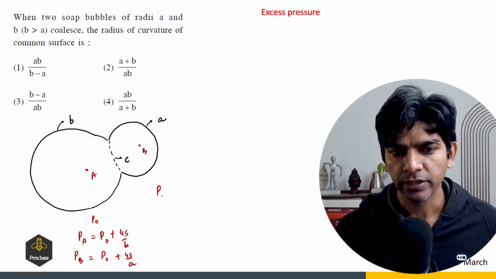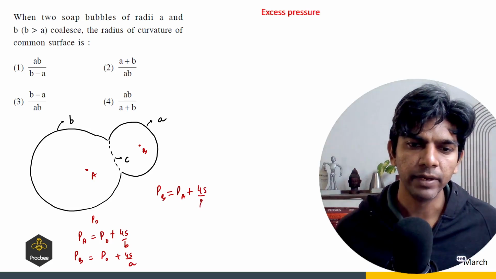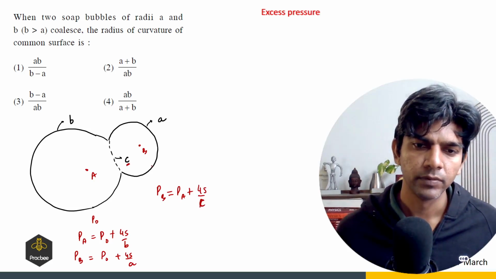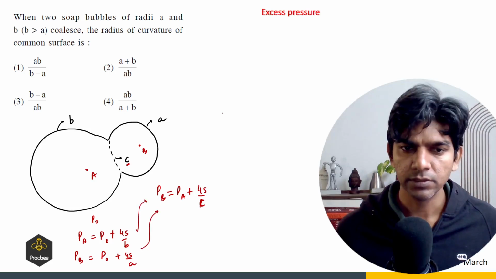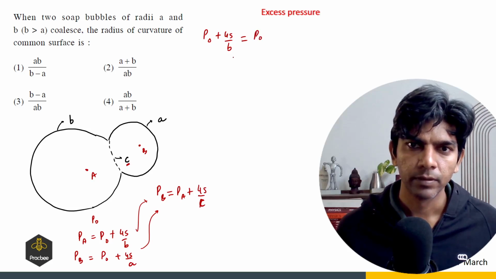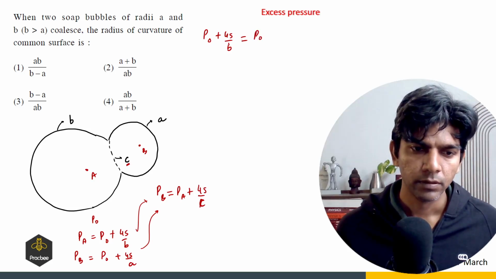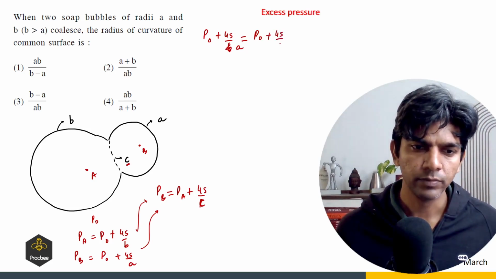So in this case pressure at B will be greater than pressure at A by 4s by C, right? So let us substitute PA and PB in this equation. So we have P naught plus 4s by A is equal to P naught plus 4s by B